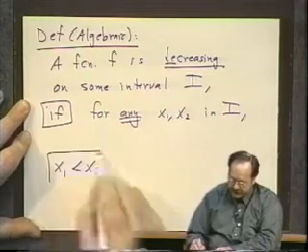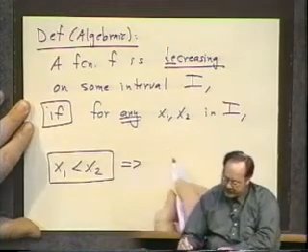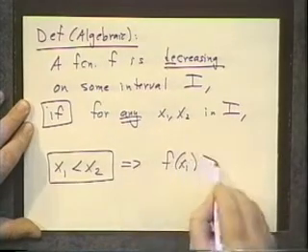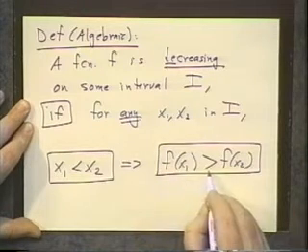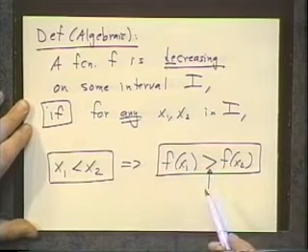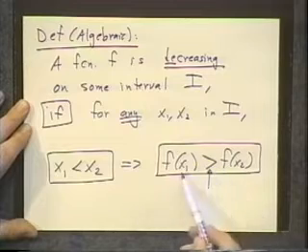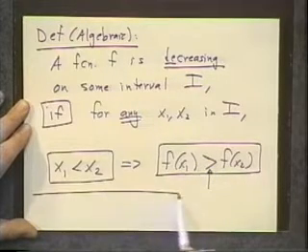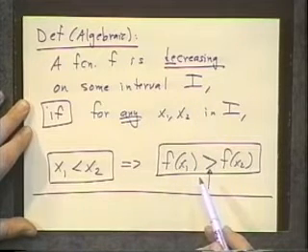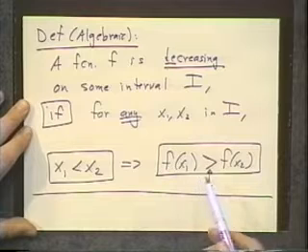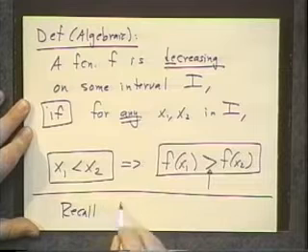x1 less than x2, that same set of positions left to right, implies this time, however, that f of x1 is greater than f of x2. Now, if you remember the previous one, the only difference here is that there's a greater than sign here instead of the other way. If you try and simply remember this as an algebraic definition without reference to the picture, chances are good that you will mix this up with the other condition. But if you recall the picture,